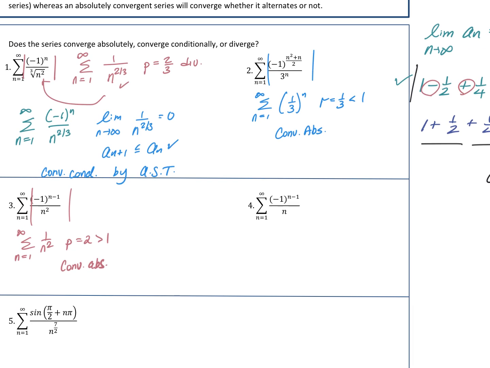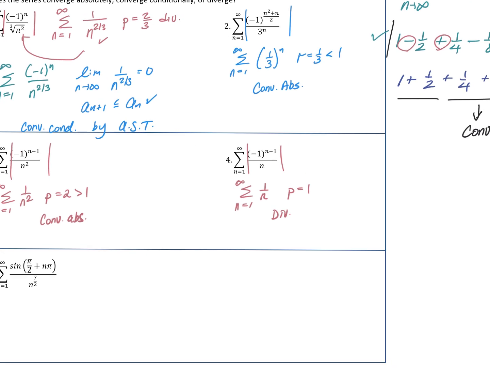Here, you should be familiar with both of these, okay? You're going to see them often. Alternating harmonic converges, harmonic diverges. But let's do it. We take the absolute value, so we get the harmonic when we do that. So n equals 1 to infinity, 1 over n. P equals 1, so this diverges. Okay, so we move on to